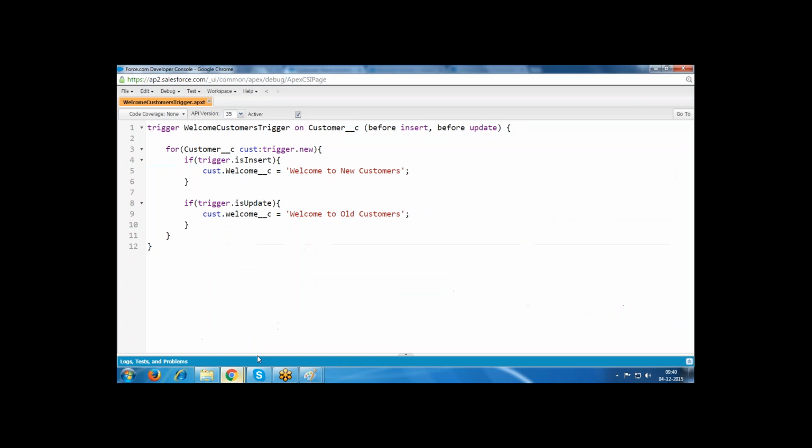That means before update, before insert. If your operation is an insert operation, then before insert is what we are executing. Before inserting, this is the operation we are performing. If your operation is an update, then the before update trigger is executing. Clear?